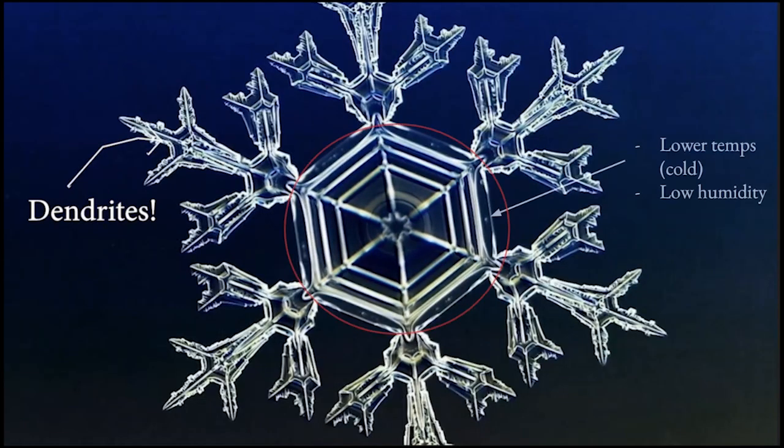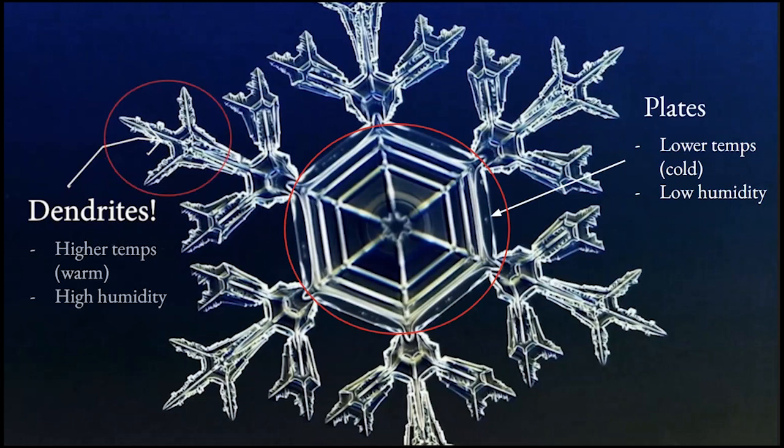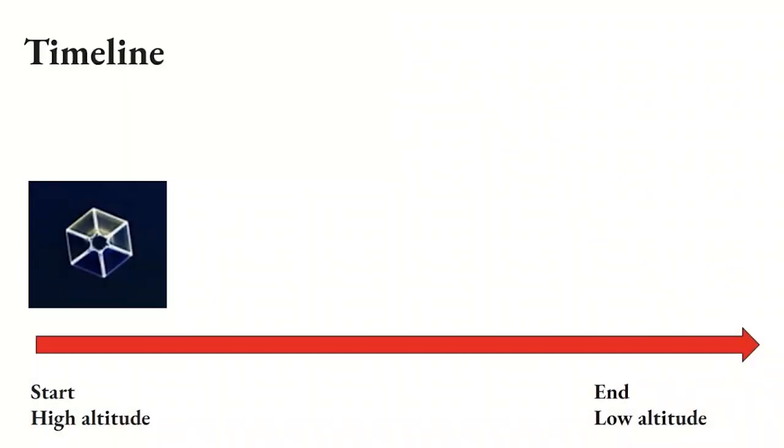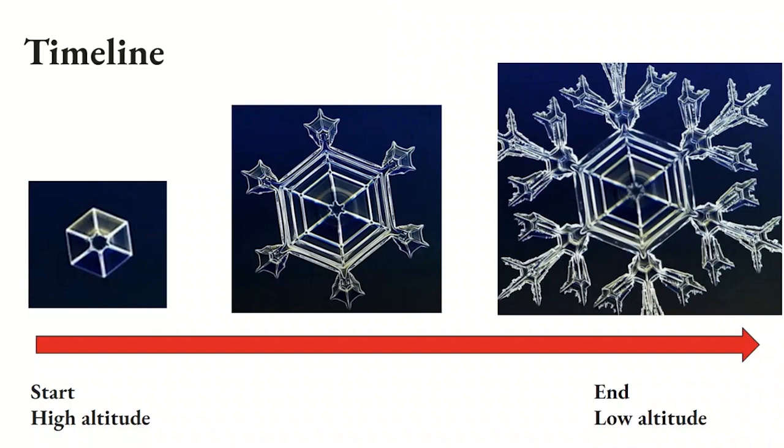For example, if its environment has low humidity, or if the surrounding air is very cold, then the snowflake will cool slowly and grow as flat hexagon plates. But if the environment has high humidity or hot air, then the snowflake must cool quickly, and this leads to the formation of those dendrites. So, every snowflake shows a timeline of its environment, from its start at high altitudes and colder temperatures, to lower